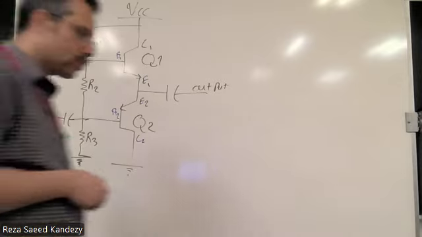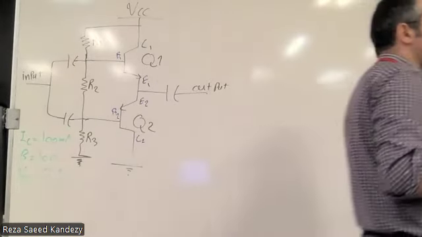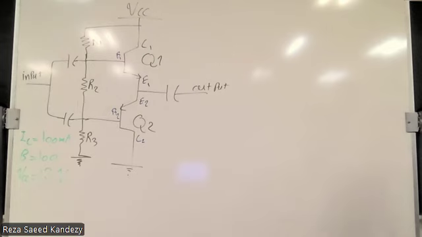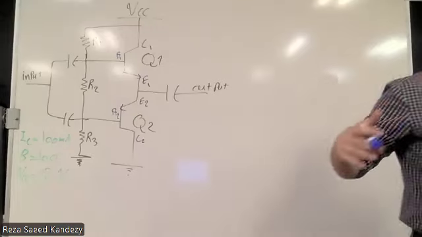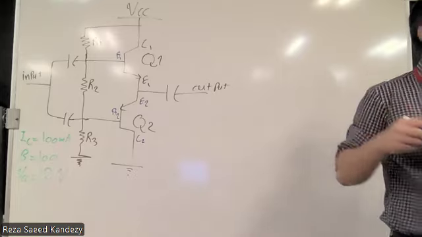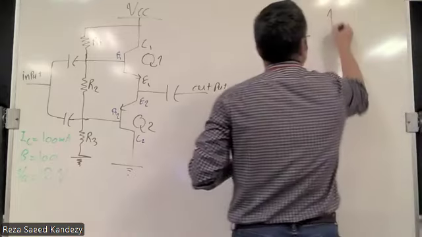Before, we talked about strong biasing. We said, okay, when we have the IV characteristics for the BJTs, in order to make sure that we never leave the active region, what we have to do is to put the Q point in the middle of the Q line that we had. You remember we had the IV characteristic,